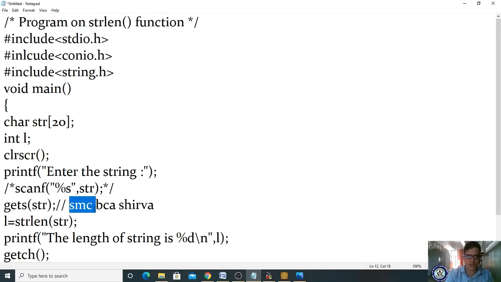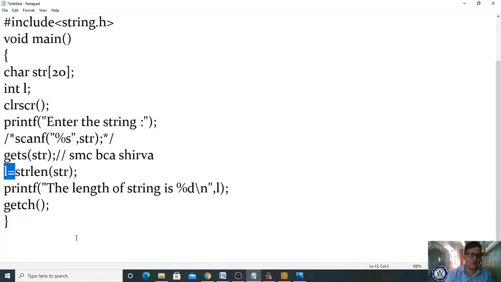It is also one character because gets accepts the space as a character. 4 5 6 7, and after the space is also one character. 8 9 10 11 12 13 and 14. Got it? smc space bca space shirva. What is the length? 14. So that 14 can be identified by this string length function and will be stored in l.